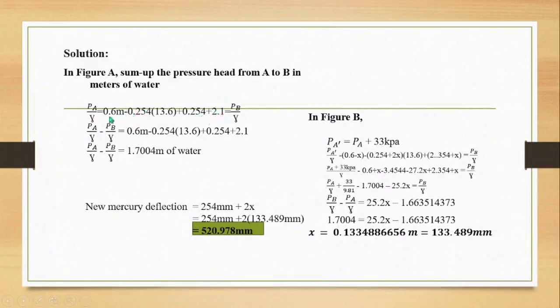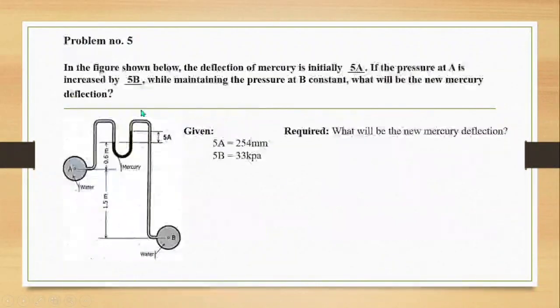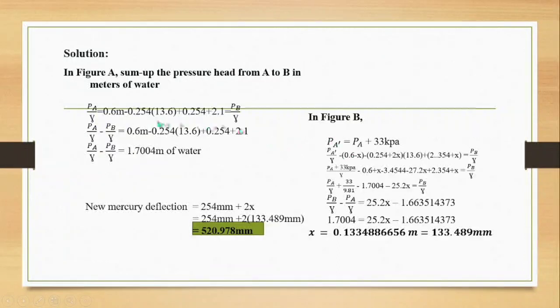So this 0.6 meter is a constant value. This 0.254 is our given 254 millimeters, which we divide by 1000, so we get 0.254 to make it meters. This times 13.6 is a constant value again, then plus 0.254 plus 2.1, which is also given. So next is